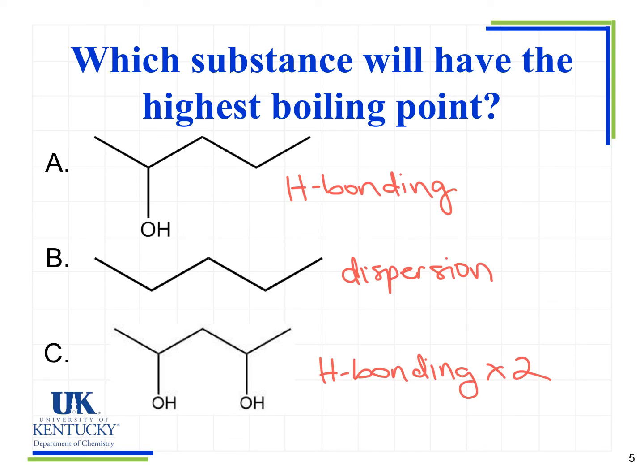So in B there's none, which means it's going to have the lowest boiling point because it's the easiest to separate those molecules because it has the weakest intermolecular forces. Okay, so we'll say weakest